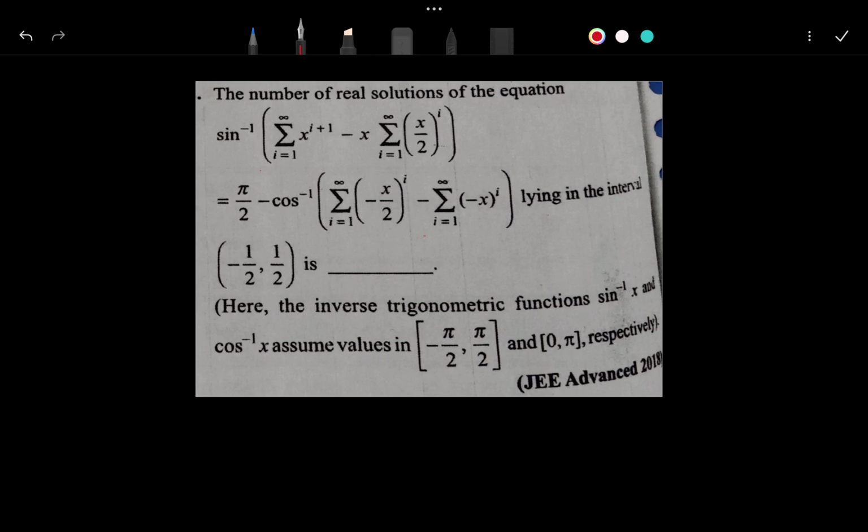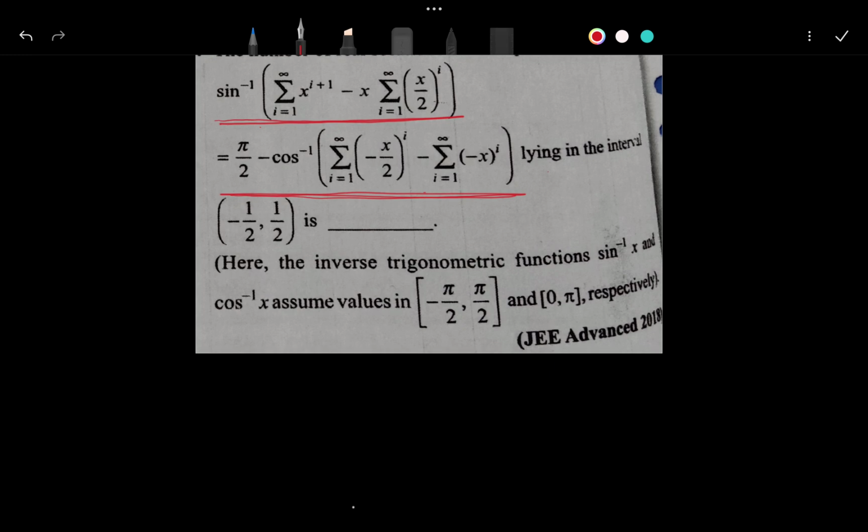Okay viewers, today we are going to discuss one more very important question, similar to the last video. This one is also based only on the property sine inverse of x plus cos inverse of x is equal to pi by 2. So by observing this value, you can write that this is nothing but sine inverse of